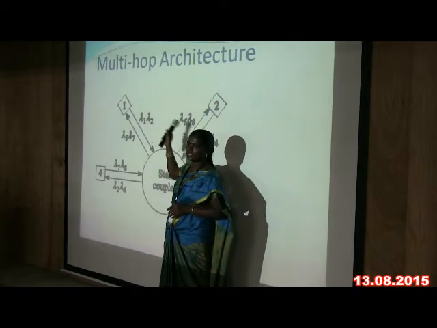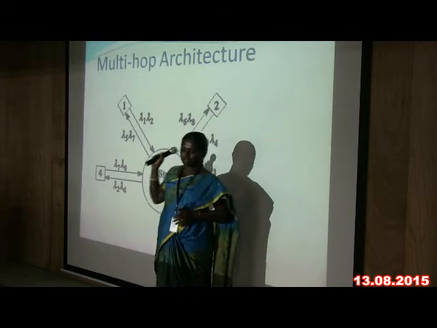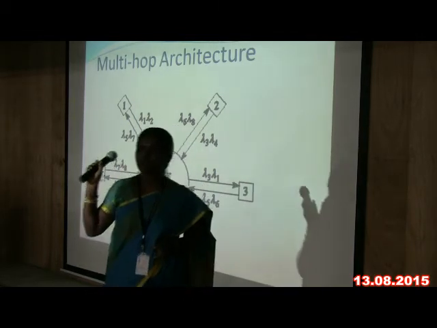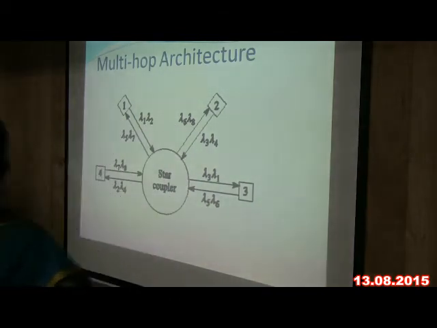Suppose we want to transmit data from node 1 to node 2, which nodes will the data pass through? Anyone, please? The last row, the last one. If you want to transmit the data from 1 to 2, node 1 transmits the signal using lambda 1 or lambda 2 to the star coupler.